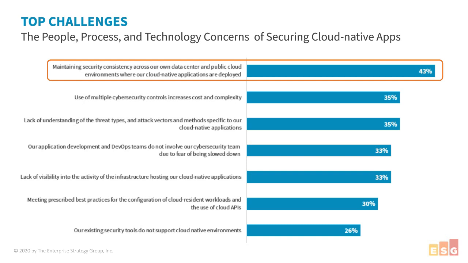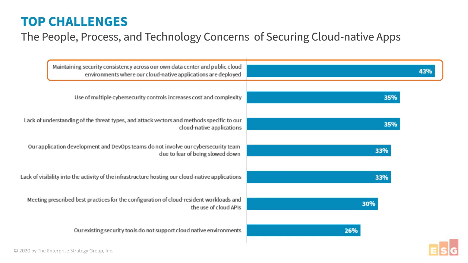And as that new environment, that new technology gains critical mass, it becomes business critical, becomes more front and center as a meaningful part of your overall IT infrastructure. It needs to get mainlined. It needs to get brought back into the fold. And that's really all about having a unified, consistent policy across your environment. And that's what I'm talking about in the second point, where 35% of the respondents say that use of multiple cybersecurity controls increases cost and complexity. Businesses may accept cost and complexity for an interim period, but directionally, they want to get to a unified posture.